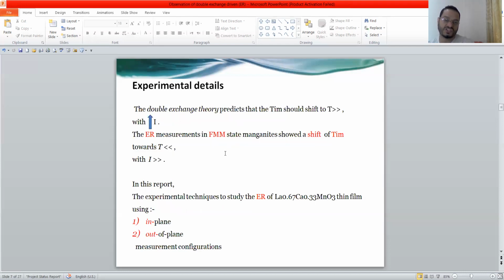The double exchange theory predicts that the material's insulator transition should shift to a higher temperature, because the double exchange theory supports that. With increasing current, the double exchange theory predicts that the material's insulator temperature should be a higher value,